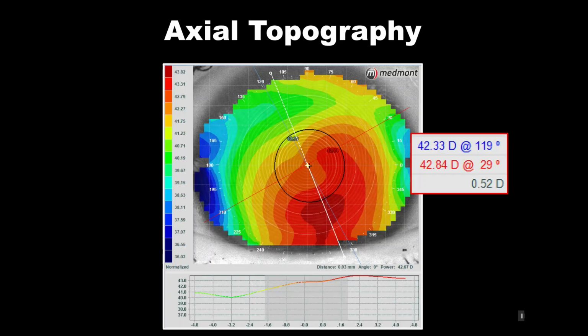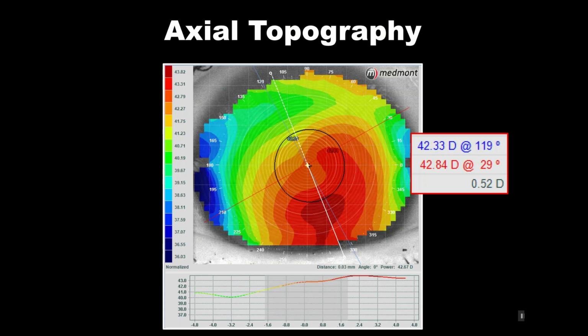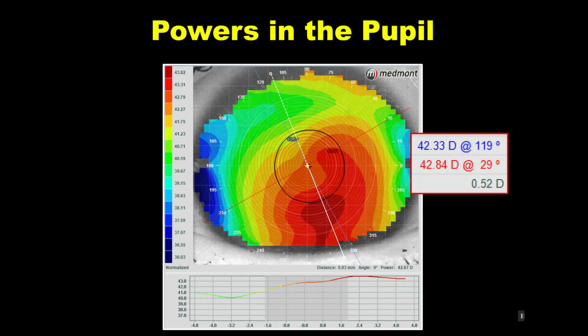Now we look at the topography, and this is the axial map, and we might take a look at the powers within the pupil. Remember that axial interprets power or vision. So if we were to have a closer look at this cross section down here, the dark gray box, which highlights the powers across this white line within the pupil. So the dark gray is highlighting what's from this pupil margin to this pupil margin. And you see an asymmetric distribution of the way the powers are